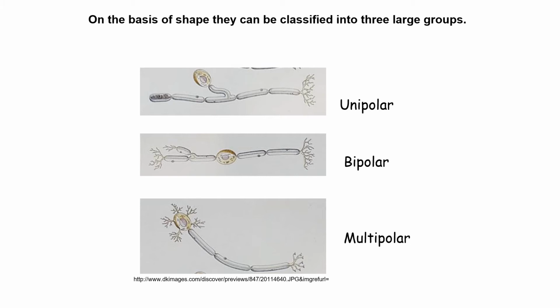There are certain other types of neurons, for example unipolar neurons, in which there is typically just one projection coming out of the cell body. And there are bipolar neurons, in which you have two projections coming out of the cell body. Unipolar neurons are present in the cerebellum, for example, and bipolar neurons are present in the retina, for example. But there are several other types of neurons too, called basket cells, Purkinje cells, and so on and so forth.